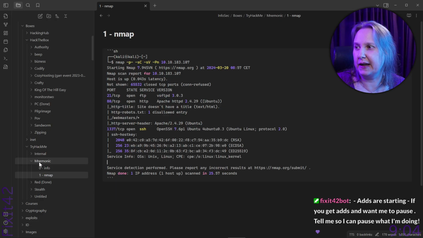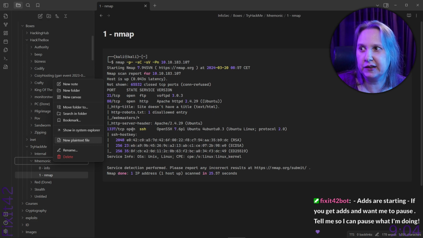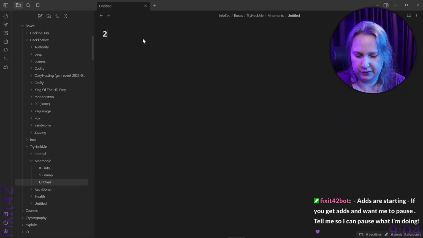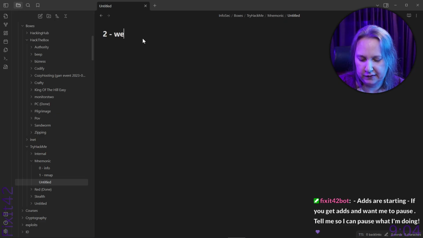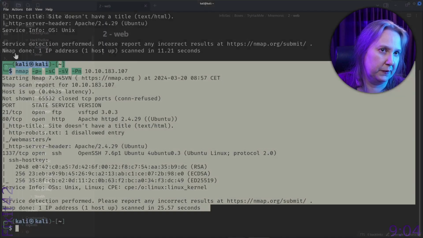Yeah, so this is the Nmap. I think we have all the information. I will probably look at the web page first to see what's there, and then we'll try the FTP, and we'll hopefully get some credentials that we can log in with SSH later. So let's make a new note, and I'm calling this one two. And let's just type web. We'll see if we find something on the web.